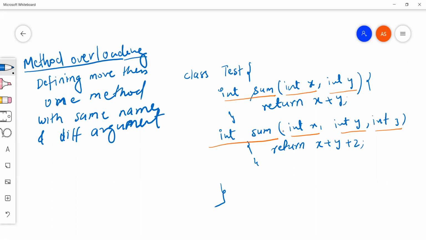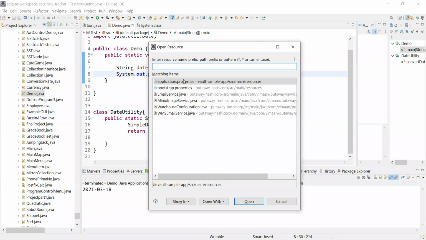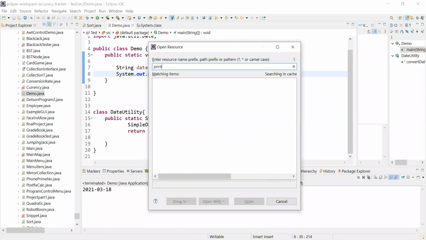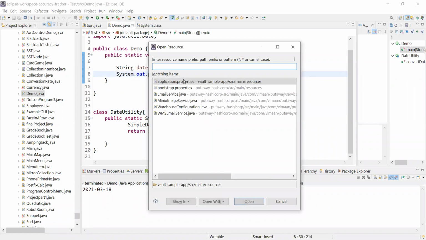Let me just share the Eclipse screen and then we'll start explaining. So you can see the Eclipse screen. Let me just open the System class first.